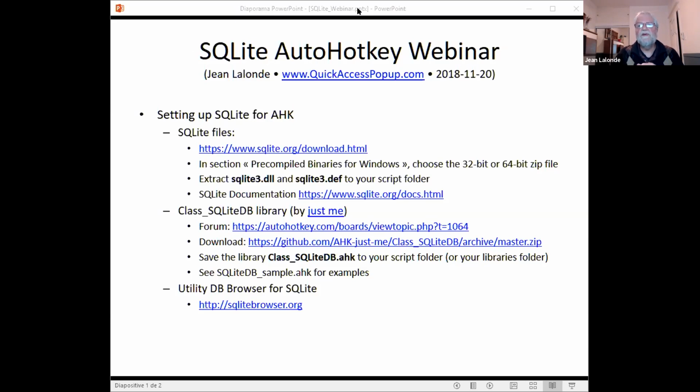And then there's also a utility that is very interesting to have, because it allows you to look at the content of a database without using AutoHotkey, just to check what you've done in AutoHotkey, how it looks, if it's okay, if it's well saved in the database. So that's named DB Browser for SQLite. There are probably other good tools to browse a SQLite database, but I use this one. It's free and it's working very well. So I'll switch to my browser just to show you